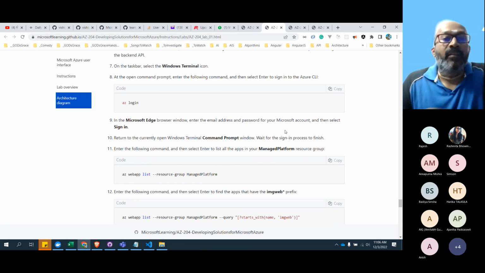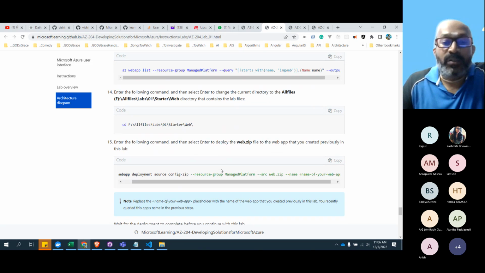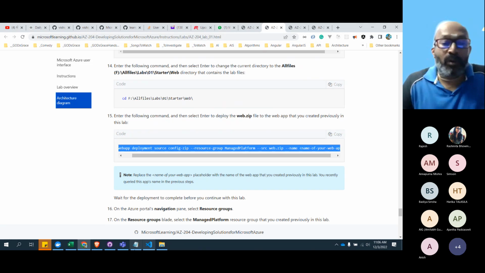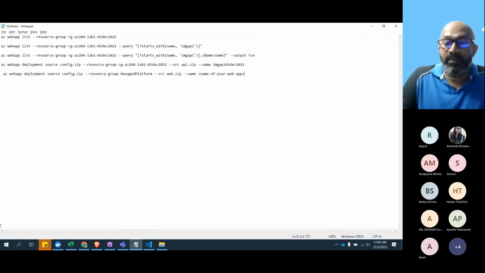Another thing is we don't need to go through all this painful process just to get the image name, because we have already gone through that process. So no need to execute the same set of commands again. Let's save some time. I'll close this.